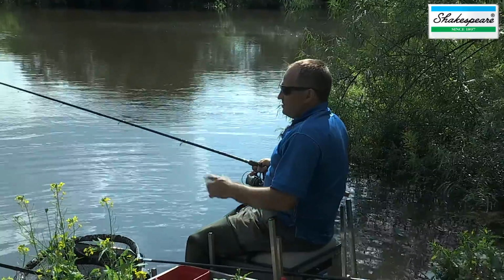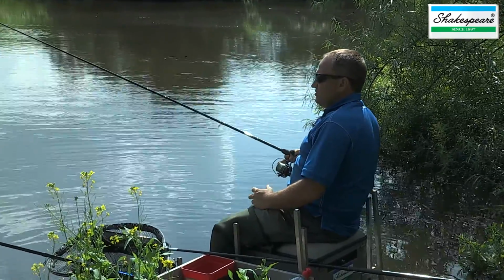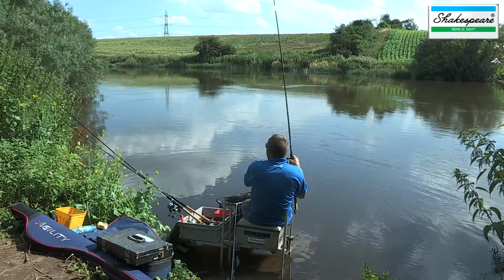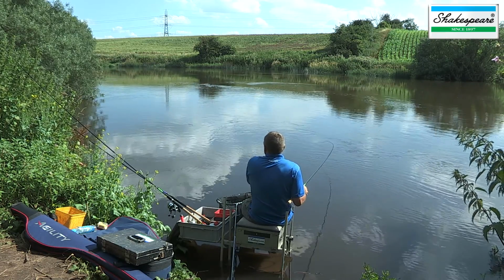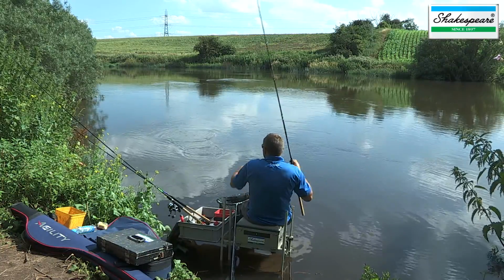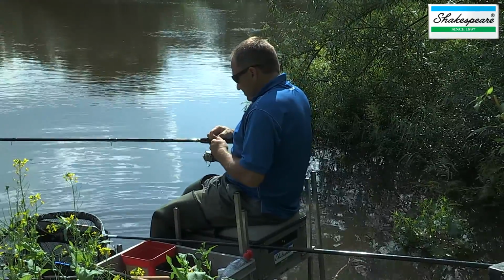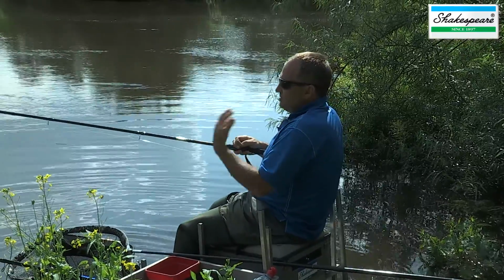I think on some days like this, when conditions are harder, you've almost got to realise that the fish want to be where they want to be. So I can't manipulate them and move them. Obviously, if the fishing was more prolific and the fish were feeding more actively, I'd be trying to get them into an area that's more efficient to catch. But today, I simply can't move them away from that one area. And I'm just having to be content with that and just keep picking fish off and adjusting my rig and